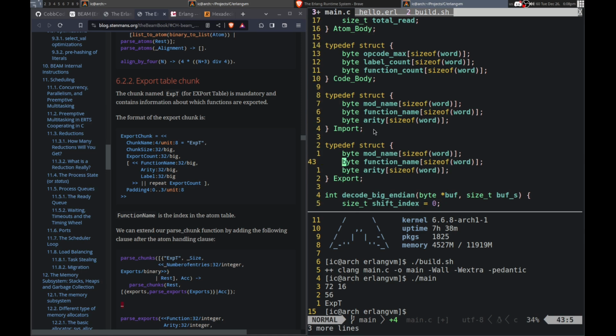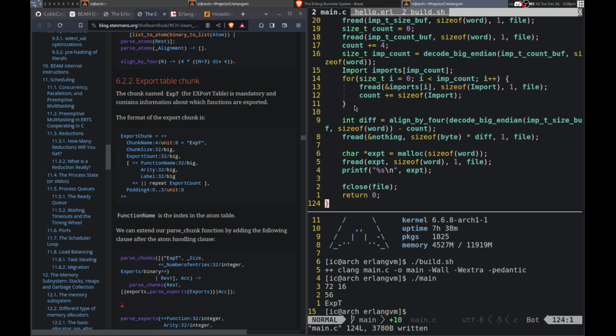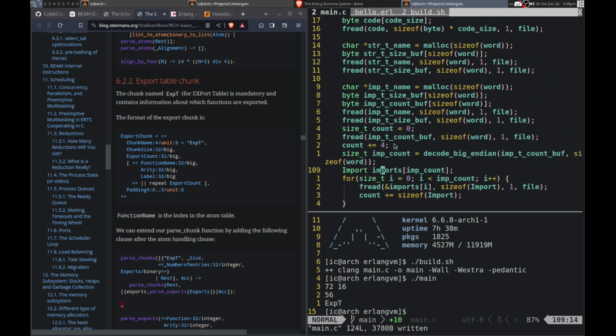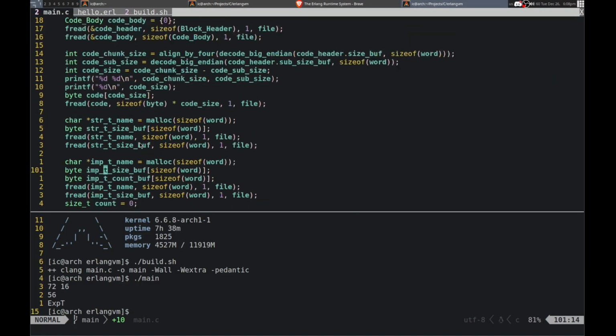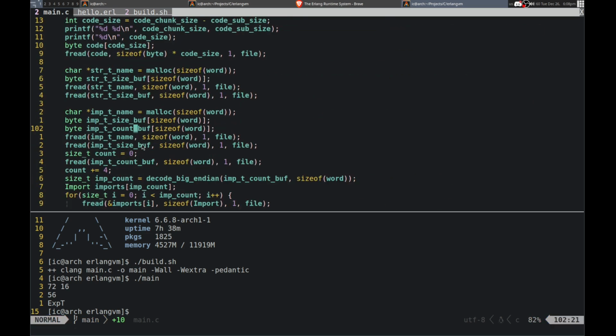We have a function name, linearity, then label. Alright. Yeah. So this is read sort of the same way. So yeah, we have all these same things. So this could probably be like a struct, and then we could actually reuse it. Yeah. So I should probably do that, but I don't want to do it yet. Let's see. I can do that.